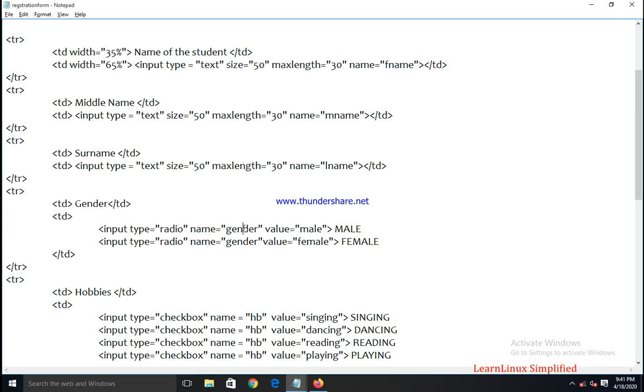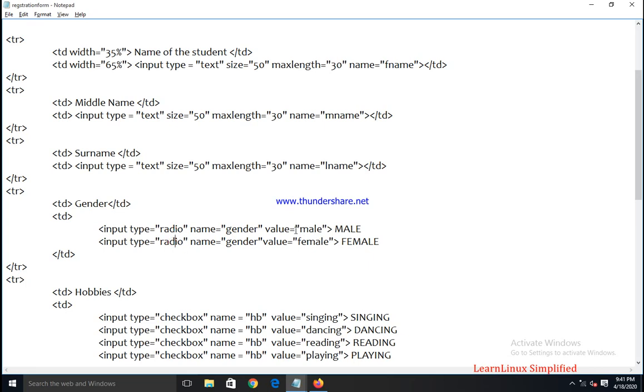So how will we create it? Type radio, name, that is the group name. Now here the most important thing is that whatever set we are providing under one label, the group name of all the controls must be the same. So here I have given male and female. For both, the name attribute will be the same, gender. Input type is radio. Now the value will be changed.